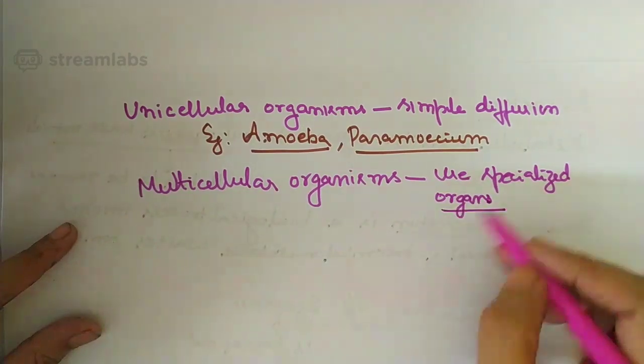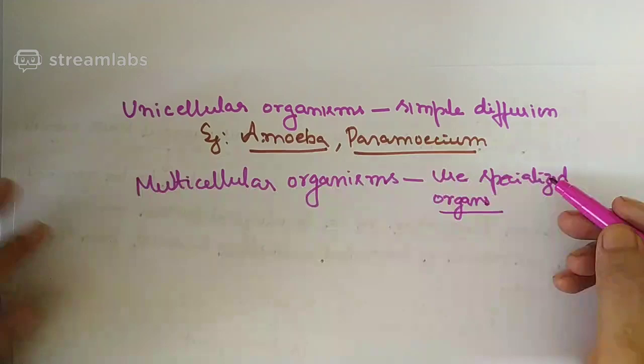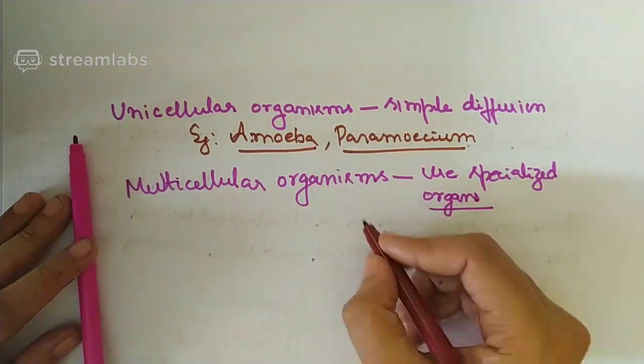There are different organs in different organisms. For example,